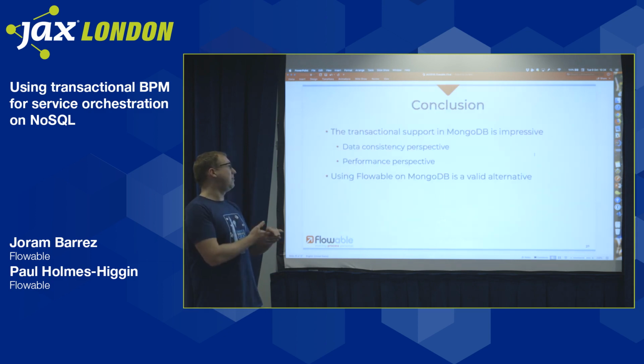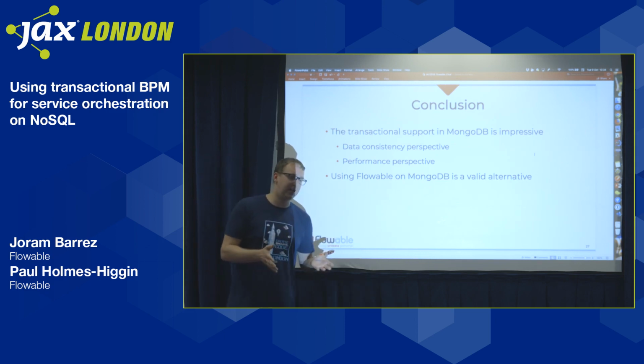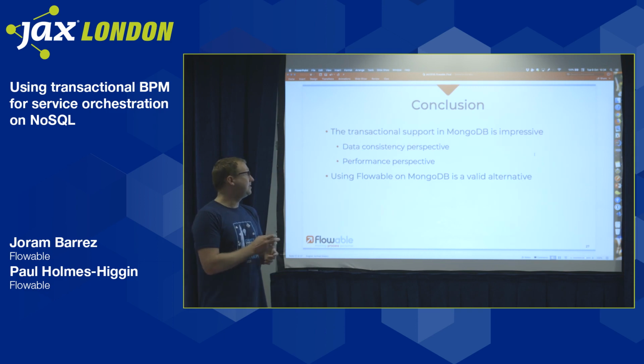So a conclusion about these graphs is that there are two impressive things here. One, I think it's impressive the way that MongoDB added transactions, because they have been in the game for quite a while, and they slapped transactions on, and it actually works very nicely. We didn't have any case of data loss. We didn't have any case of corruption. It worked like you would expect from an ACID-compliant transactional database,